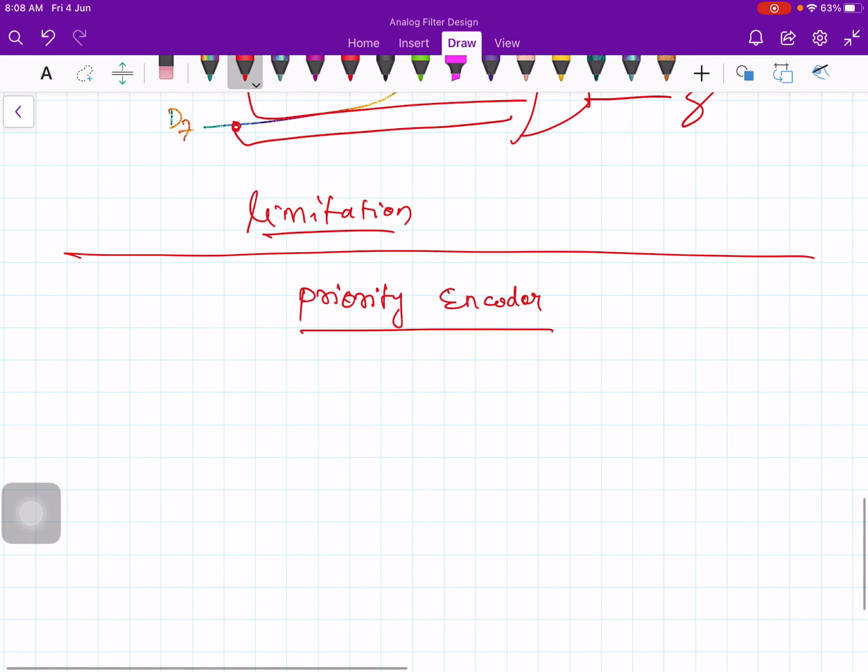Okay, so for example, in case if I want to press D3 and D6 simultaneously, then what is going to happen? In this case, D3 is, let's say, 0 1 1 and D6 is 1 1 0, right? So now if D3 and D6 are 1 simultaneously, then what is going to happen? The output of the encoder will be what?